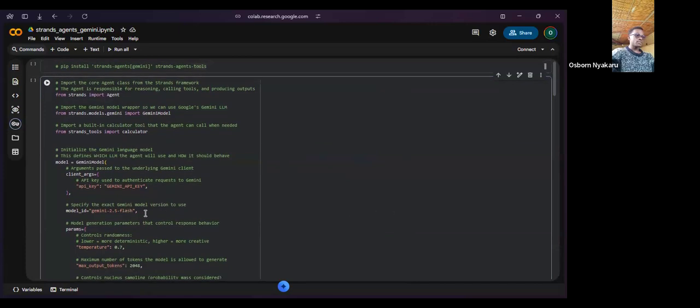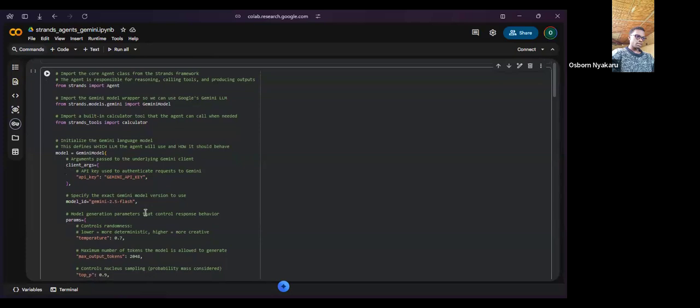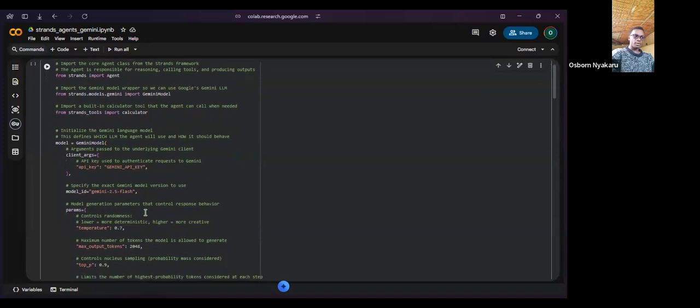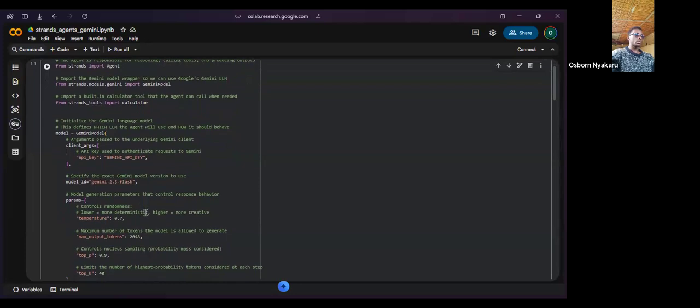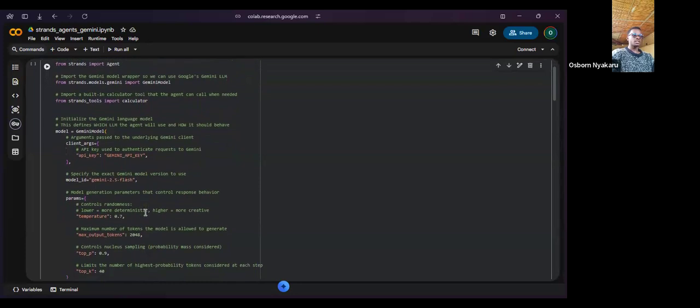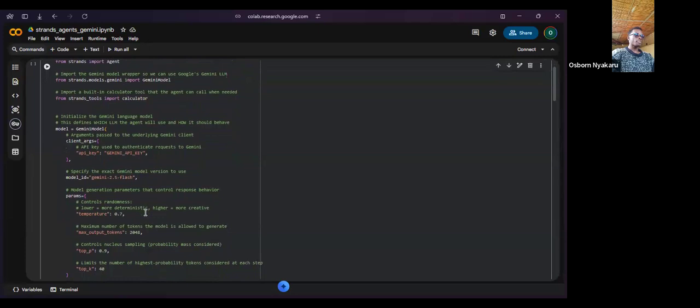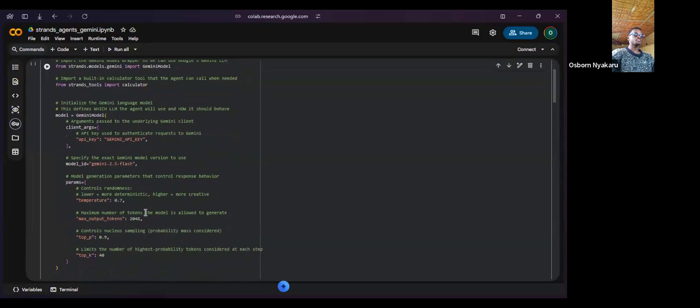We specify the exact Gemini model that you're going to use for this particular agent. Now we're going to use Gemini 2.5 Flash. Then we have the parameters, which, as you can see, clearly describe what each parameter does and how it affects our output.